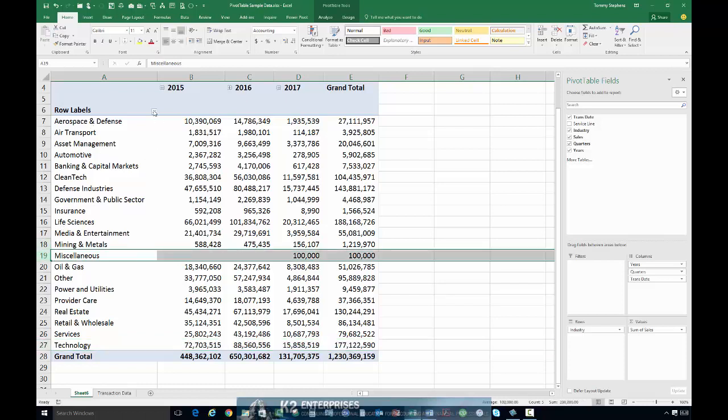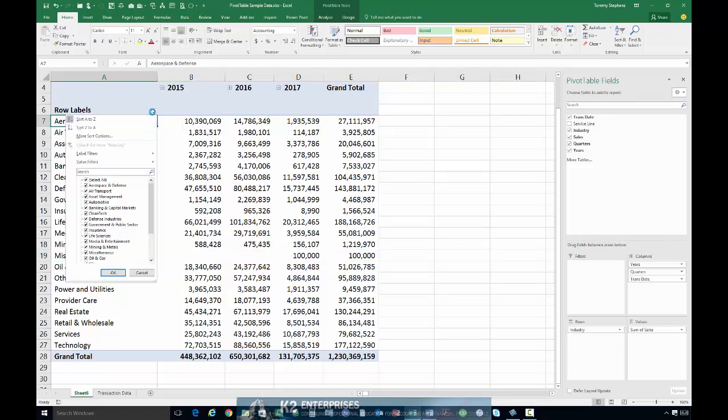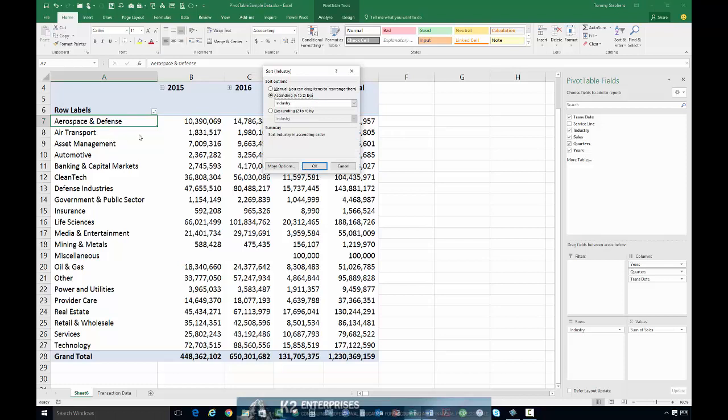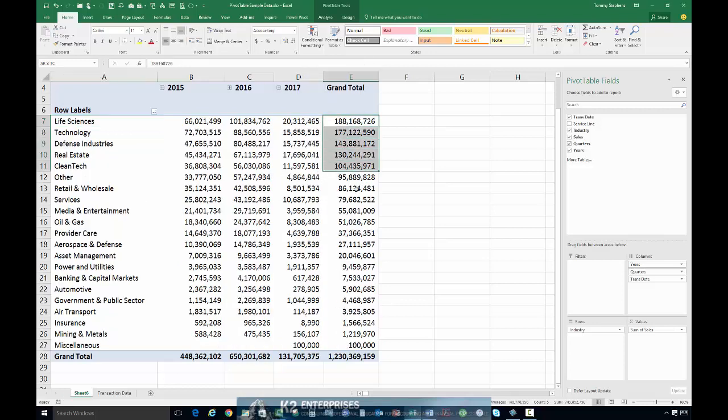But also understand we have additional sorting and filtering options available. Again, clicking the drop down arrow next to row labels, I might choose not to sort in alphabetical order, either ascending or descending, but perhaps to choose more sort options. And when I choose more sort options, in this case I'm going to choose to sort the data in descending order, not based on the industry field, rather based on total sales. Clicking OK, now we see that our data is sorted in descending order based on the values in column E,